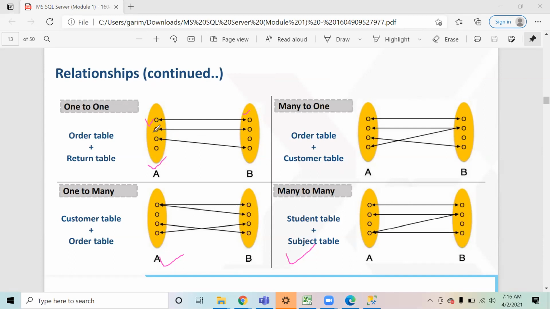That is a one-to-one relationship. One-to-many: customer table and order table, right? Suppose one customer can have multiple orders. He could have purchased order 1 and also order 2. That is one-to-many. Then the opposite way, many-to-one: order table and customer table. So it is just the inverse, right? That is what I was explaining. One-to-many and many-to-one are just opposite of each other. If you invert the view, it becomes many-to-one. And then we have many-to-many. Many-to-many means multiple students studying multiple subjects. So that is many-to-many over here.